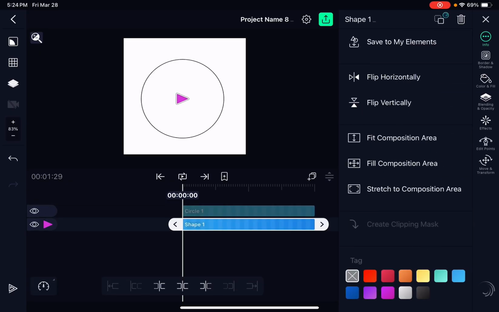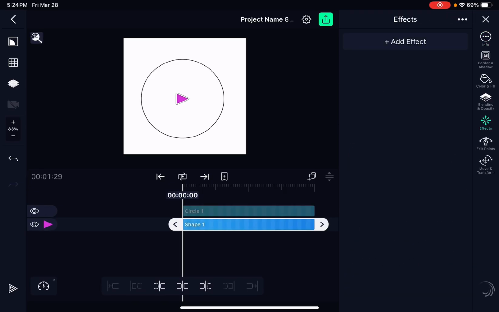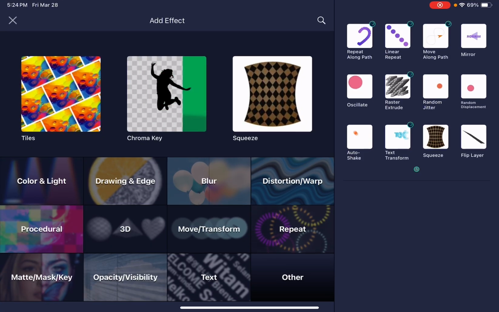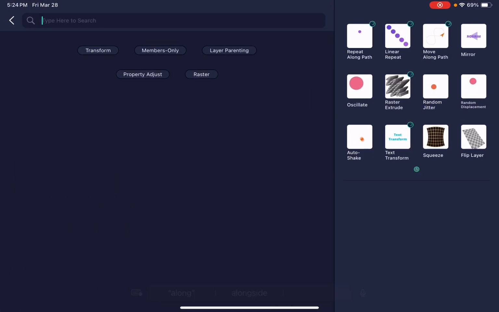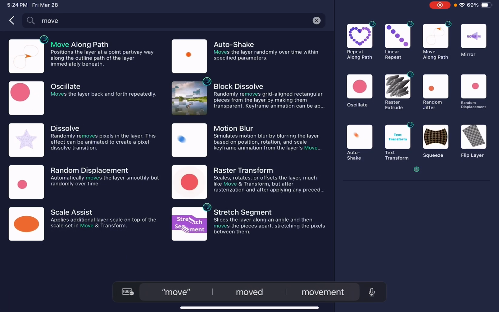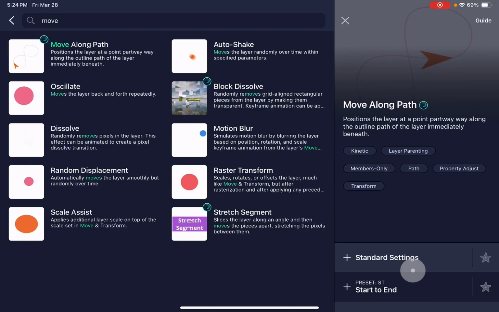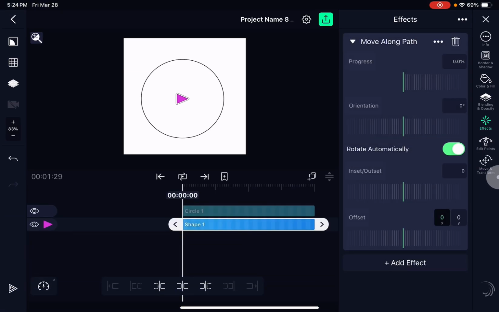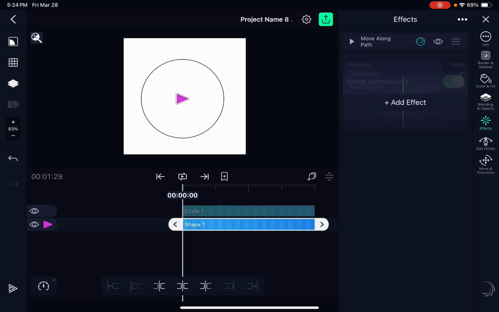Now, to create this effect in Alight Motion, we select the triangle, then we go to Effects, Add Effect, and then we look for the Move Along Path effect right here. I will not use the preset. I will do it myself from scratch. So what this effect does, now that the triangle has Move Along Path as an effect,